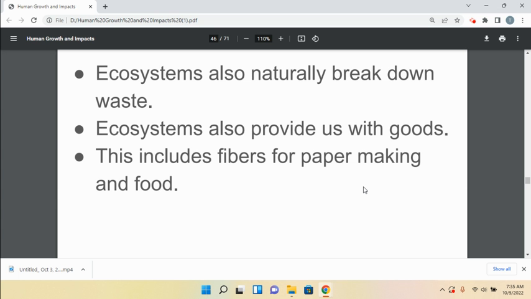We get food from our ecosystems. And yeah, we do a lot of agriculture. Yeah, we hunt and all, but there are certain things that we can't farm. So we have to get them from ecosystems. Certain things that we haven't figured out how to grow in captivity or on a farm, we still have to get from the wild. And ecosystems provide us with that.